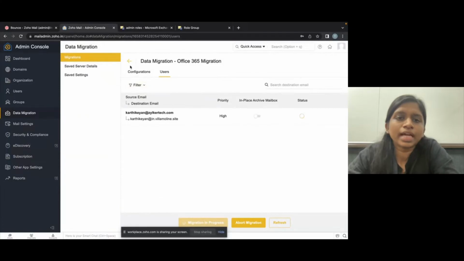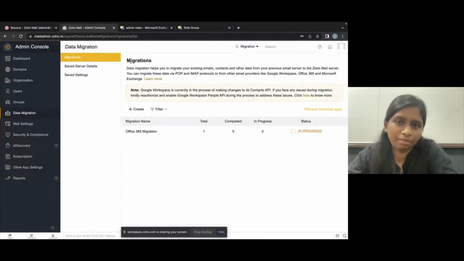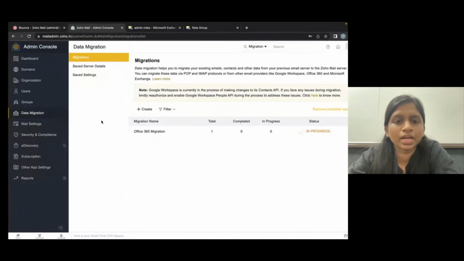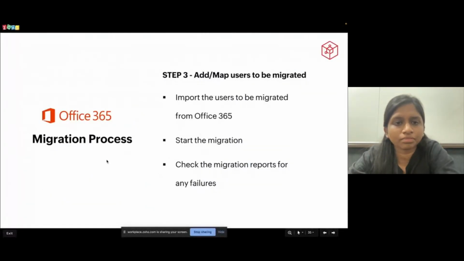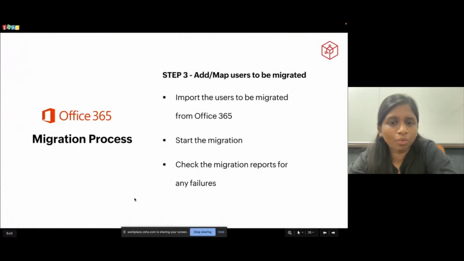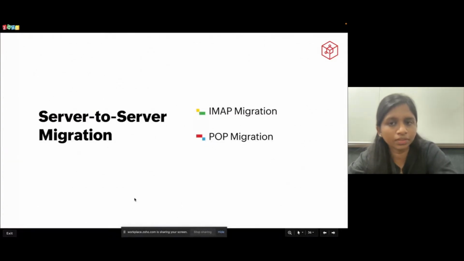All right. So that is about how you would do one-click migration from Office 365 to Zoho Mail. Okay, so we are done with that. I hope you are clear with this method. So if we are clear with this, we can move on with the next method, which is server to server